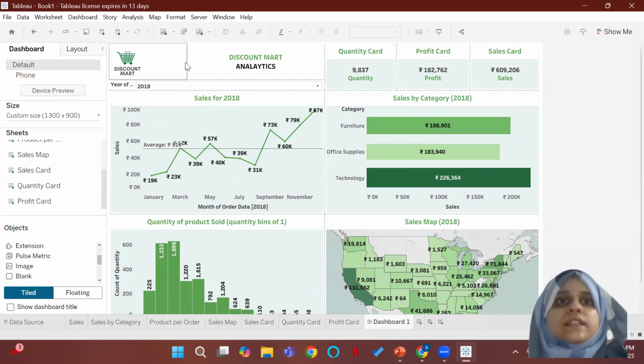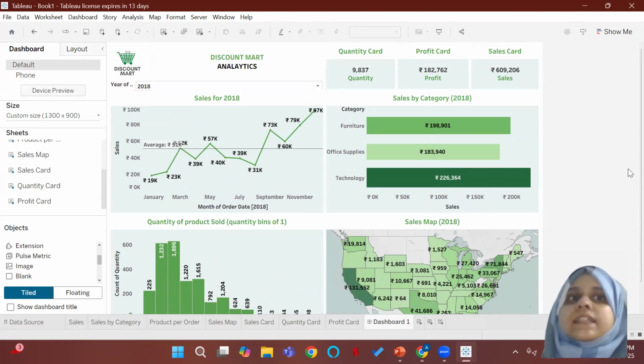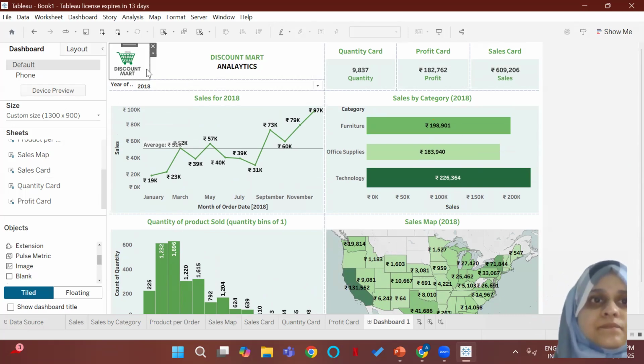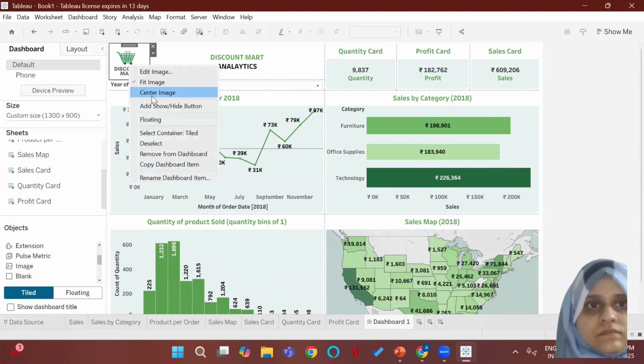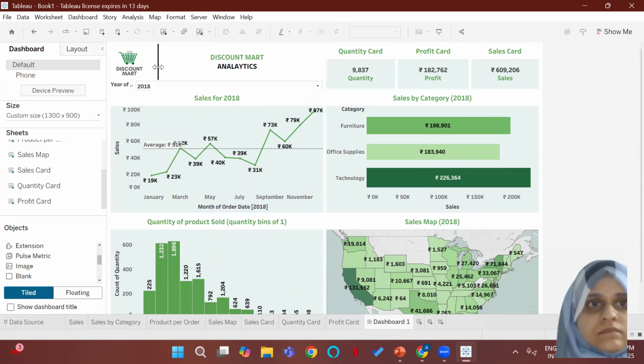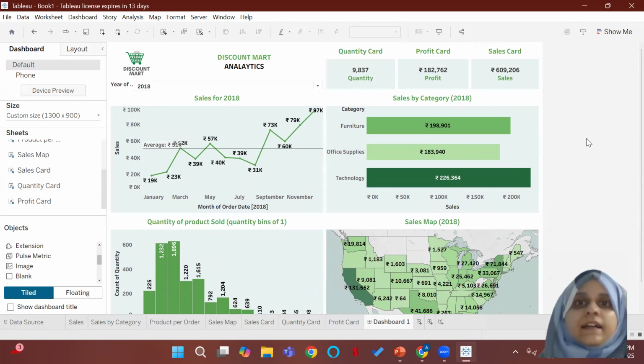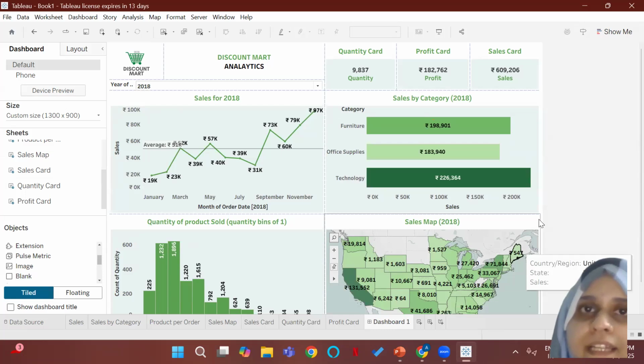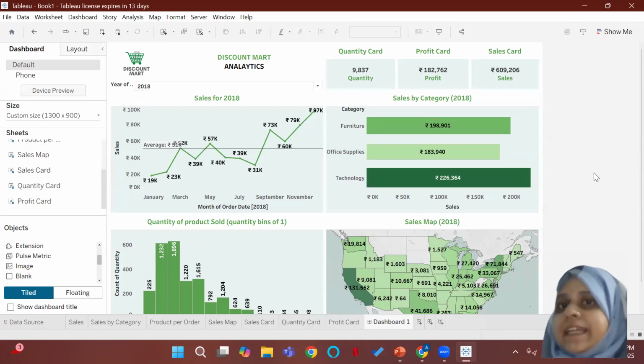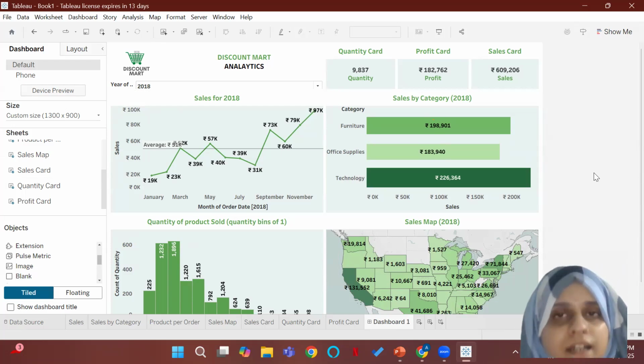So now for this you can clearly see that I have done everything based on all the data that was here. I have created the sales graph and everything. Now, once this dashboard is created, the last thing you have to do is to publish it on your public account, that is on the